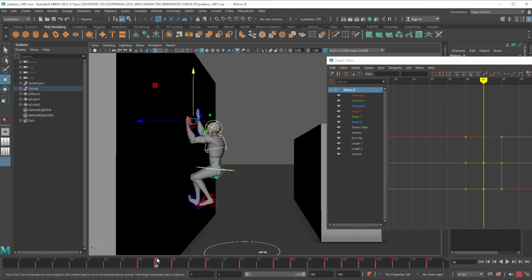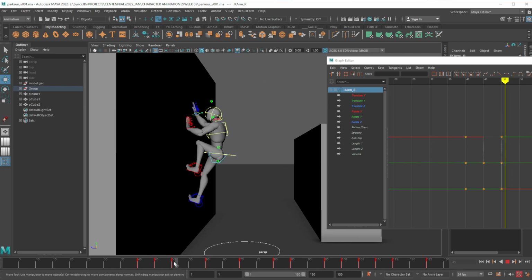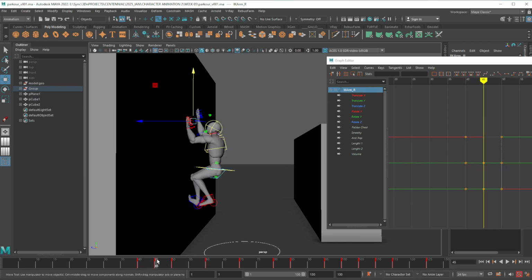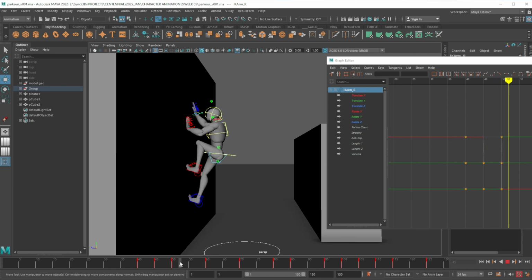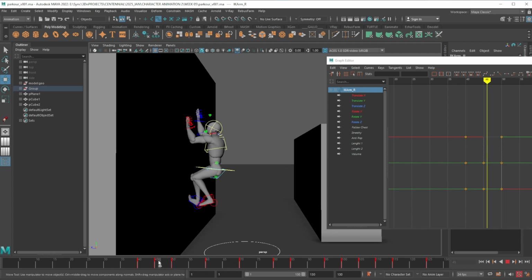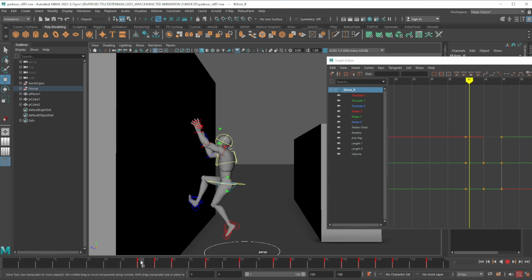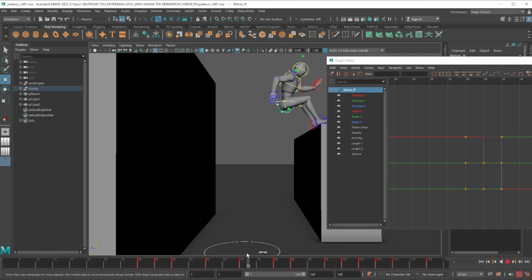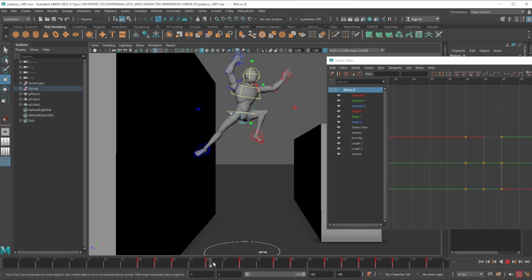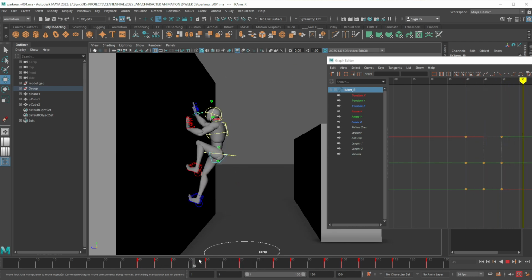It's better, I prefer to work on in between poses instead of going to polishing right away, because it's better for planning. When you're animating, you have to plan stuff, how they're gonna work. So if it's better IK hands, FK hands, and all of that, you know. So in between poses will help you out with things like planning, like finding problems that may happen, and yeah. So that's it. So I'm gonna create a few more poses, okay? I'm not gonna make you watch this because it's kind of boring, but anyway, I'm gonna create a few of them,